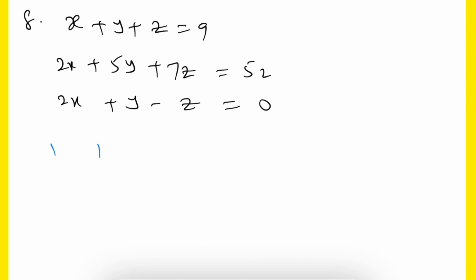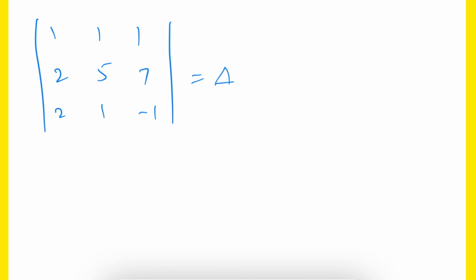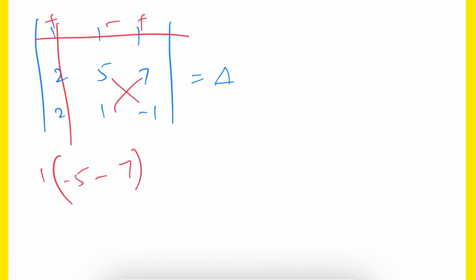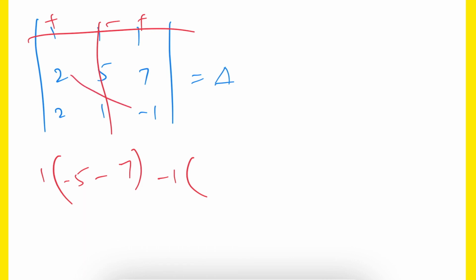X coefficient, y coefficient, z coefficient, x coefficient, y coefficient, z coefficient, x coefficient, y coefficient, z coefficient. Okay, this is the delta, right? So let me find out the determinant for this. It will become plus minus plus 1 into next 5 into minus 1 minus 5 minus 1 7 is 7, minus 1 into 2 into minus 1 minus 2 2 into 7 14